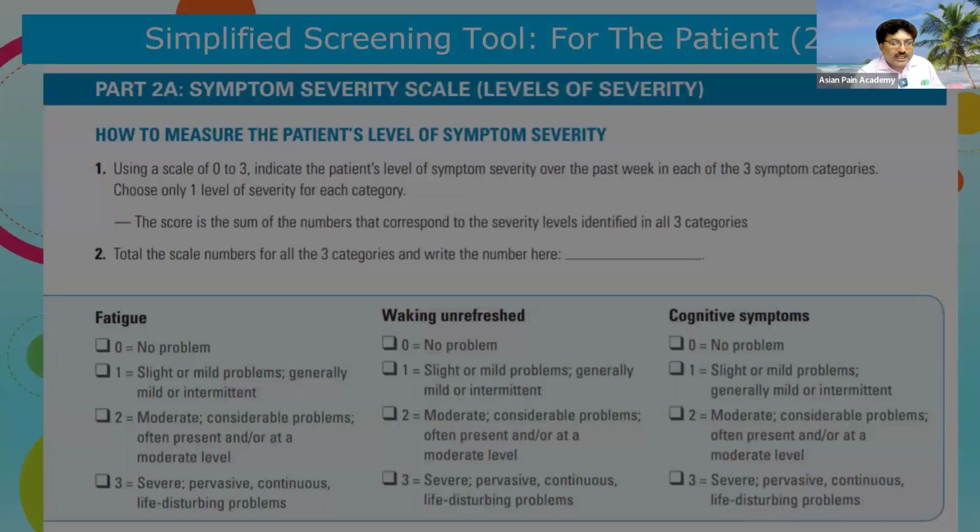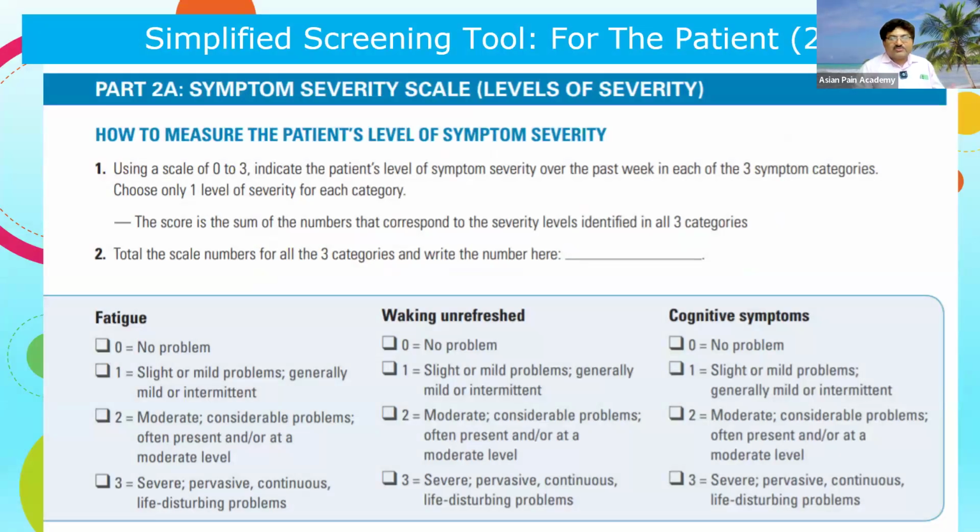And then we have the symptom severity index part 1. In part 1, 3 symptoms are given the highest importance in fibromyalgia diagnosis. One is fatigue, number 2 is unrefreshed awakening, and the third one is cognitive symptoms. They are given 0 to 3 marks for each symptom. 0 stands for no problem, 1 for mild, 2 for moderate, and 3 for severe impairment. So based on it, the part 2A score can be from 0 to 9, but it has to be added